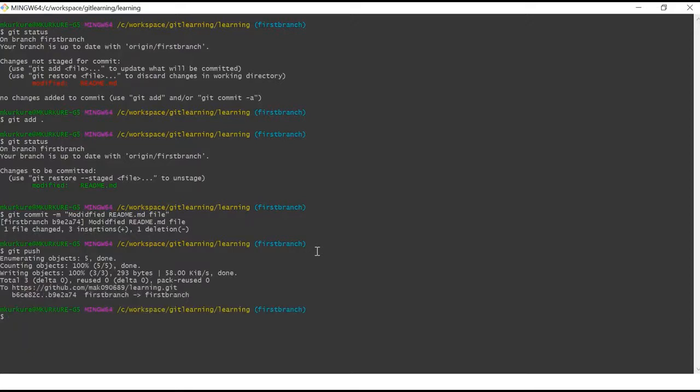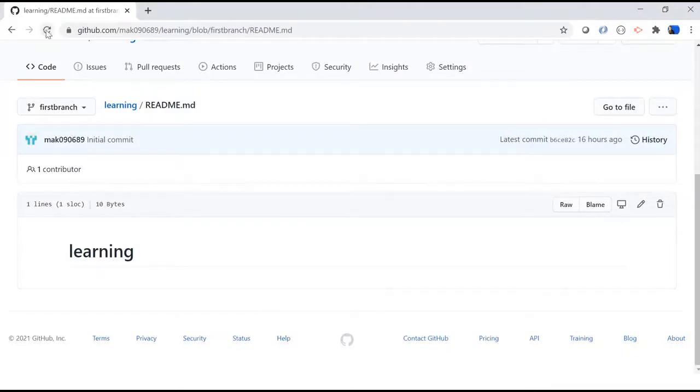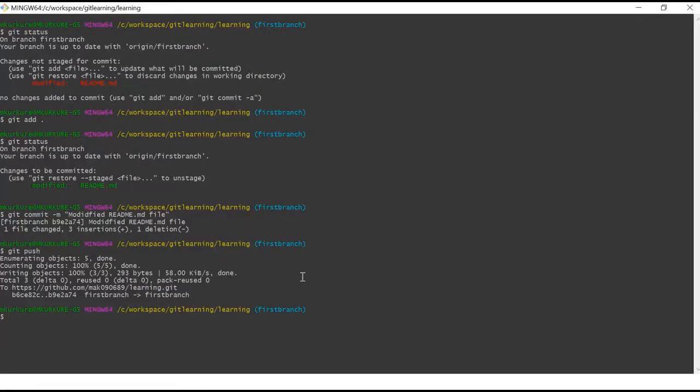Right, so now the changes are pushed to your remote repository. So we'll go to the browser and refresh it. Yeah, so now you can see the changes in the readme.md file: "This is my first git commit." So this is how you do commits in git.